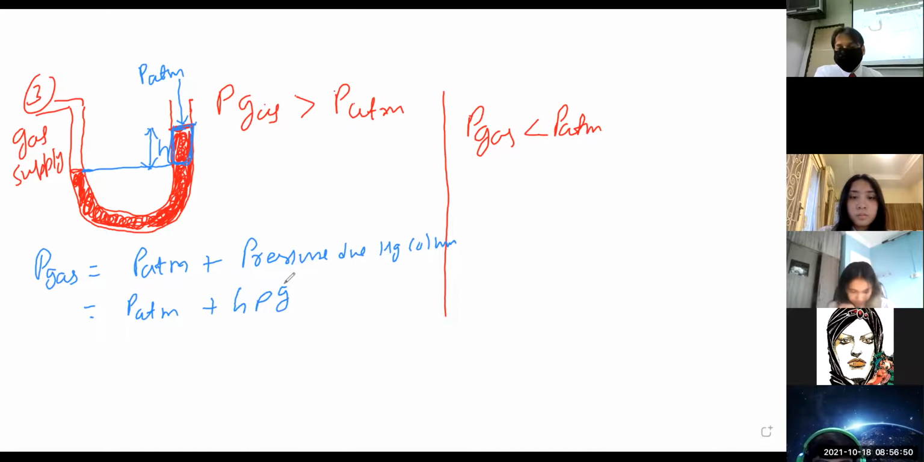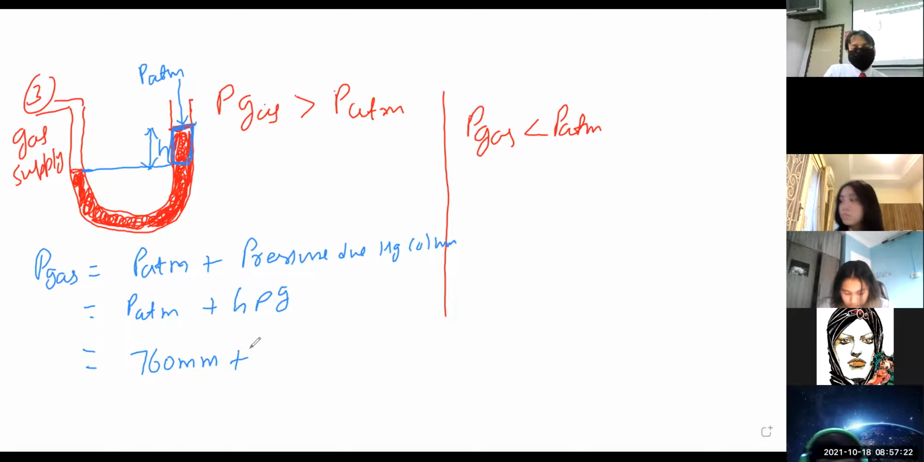Height, density of mercury, gravity, gravitational field strength. So in this situation, children, pressure of a gas is the sum of atmospheric pressure. It is acting, and here I can take atmospheric pressure as 760 millimeter of mercury in normal condition,